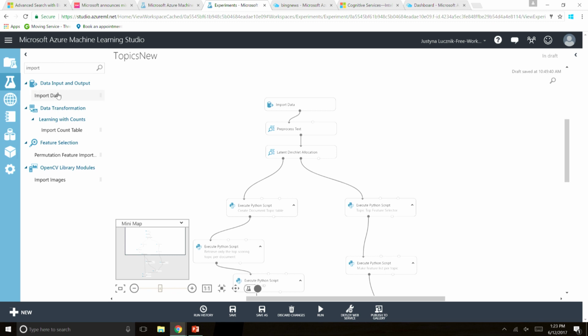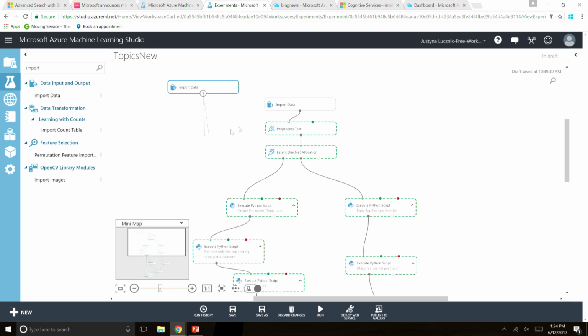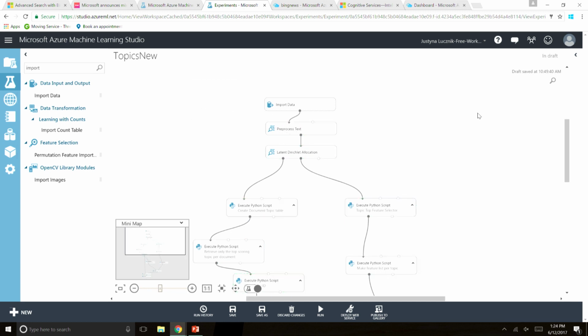So for example, here I have a module for import data. I can just drag that in, and I can connect it to different nodes, and that's how I can author machine learning experiments. But here's one that I've already done. This is what's running behind the scenes for that visual that I showed you over there. And what this is running behind the scenes is something called LDA. This is an unsupervised machine learning model that's specialized for clustering, especially running on top of things like textual